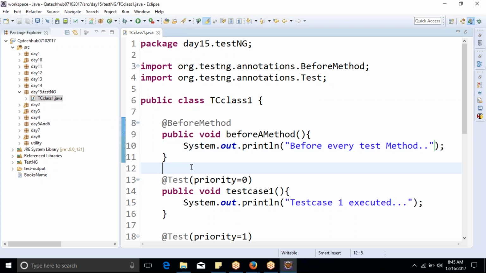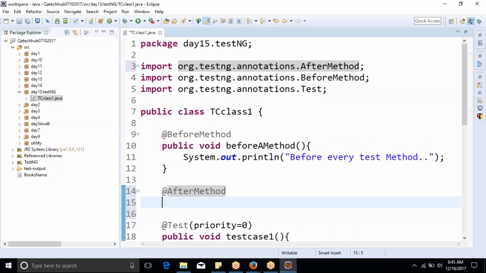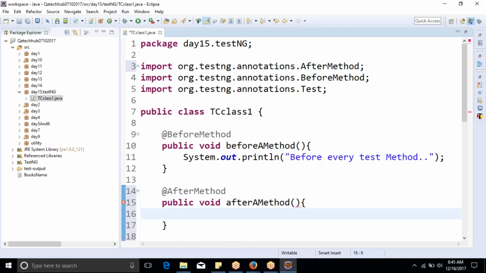And similarly I have one, and here let's say I write public void afterMethod. So if there is something which you want to execute before and after every method, you just have to put these two annotations, and the method written after them will be executed